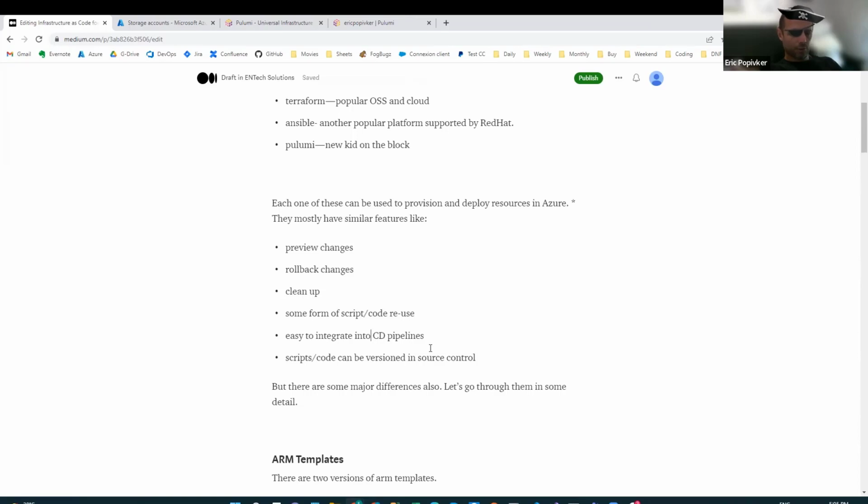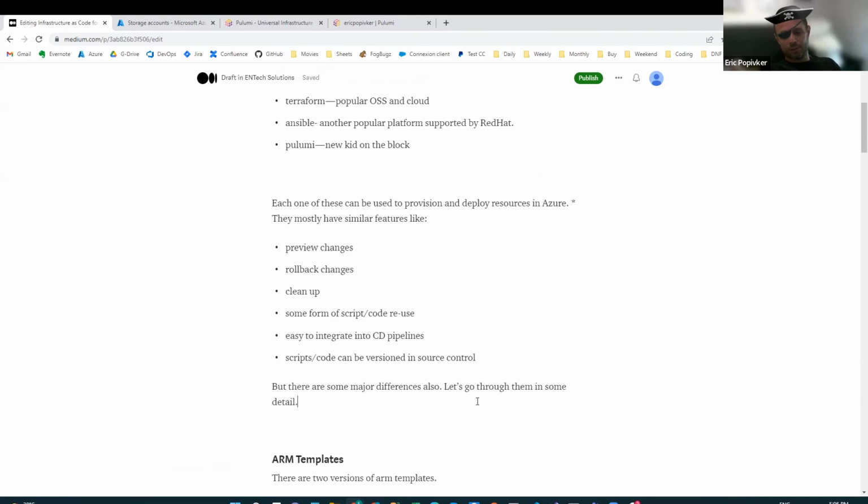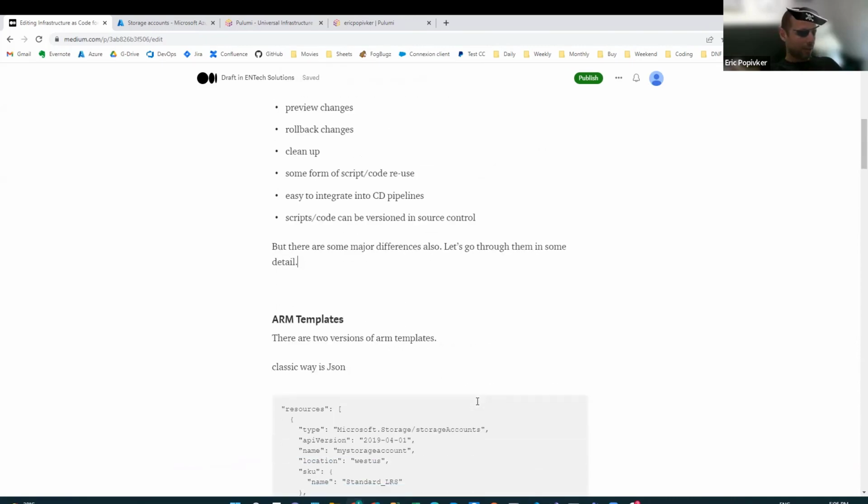And then, obviously, you don't want your script and code to be living in some external system without anybody being able to access it. So all of these tools allow you to store your scripts in whatever source control you prefer. So you can version it, and you can see the history and who changed it and why. But all of these systems also have some differences, in some cases pretty major. So let's start with